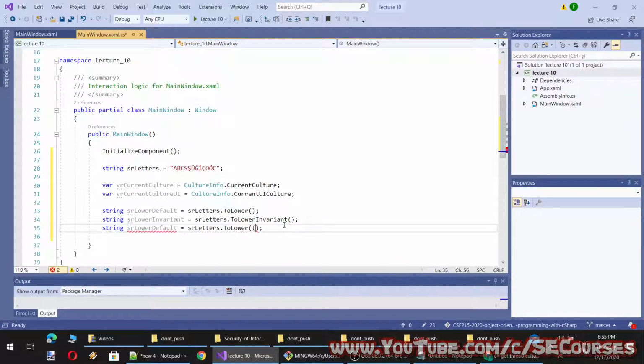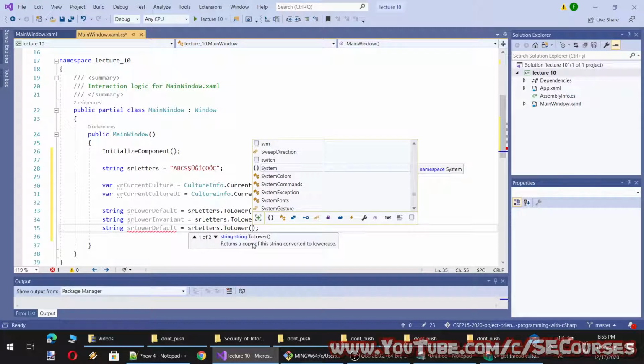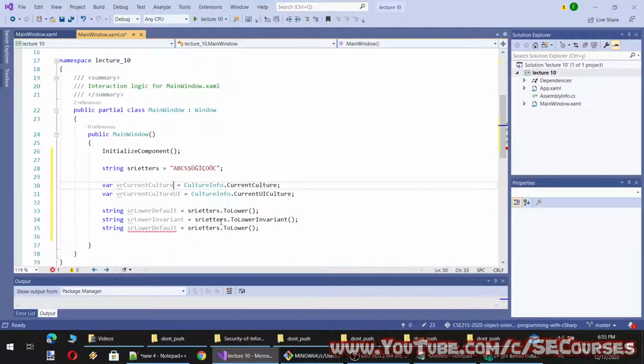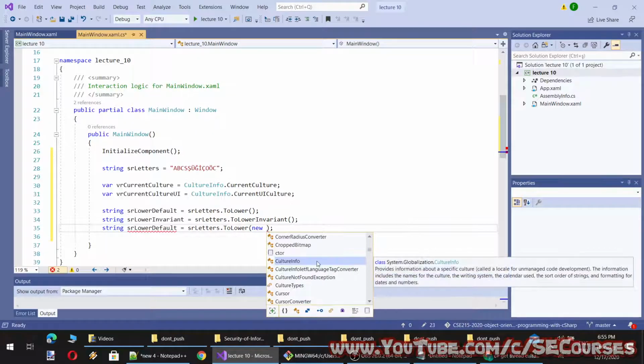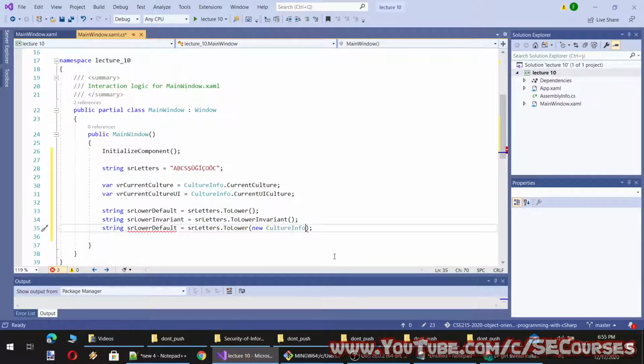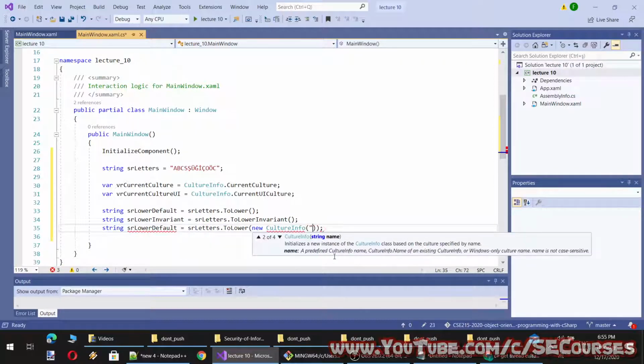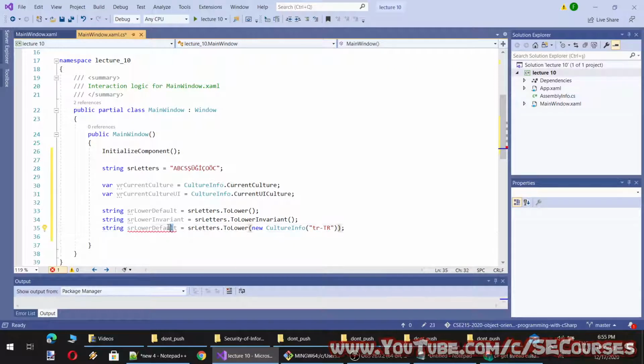You see, ToLower gets culture info as well, and when I type new, it will automatically tell me that I should compose a new CultureInfo like this, and here I will provide the Turkish culture, TR. Okay, so let's run our application and see how they behave.